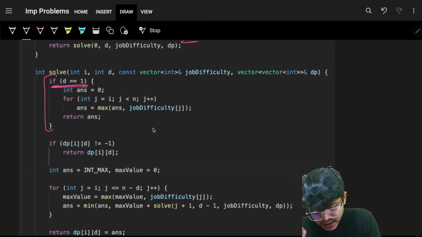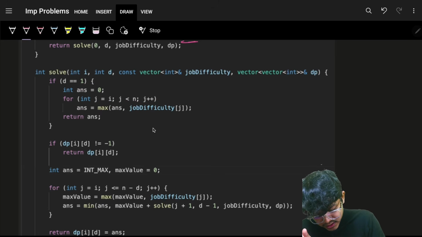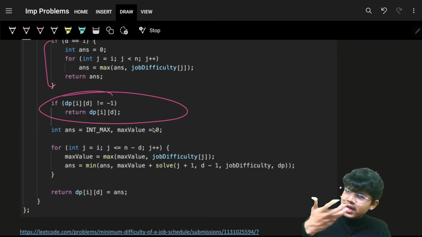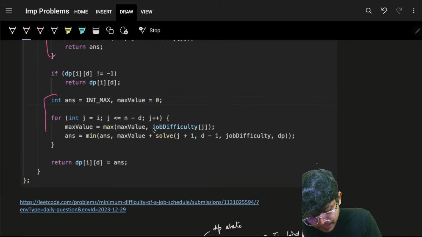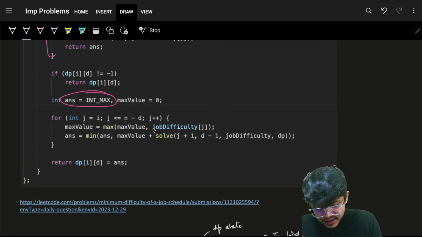If my d is 1, then starting from the index i up till the very end, go and find the maximum value, and that will be your maximum value for that last day. Now if that is not the case, which means the base case is not there, do a simple memoization check, which we do every time. Now a simple recursion, which we simply do, the answer is initialized to int max,